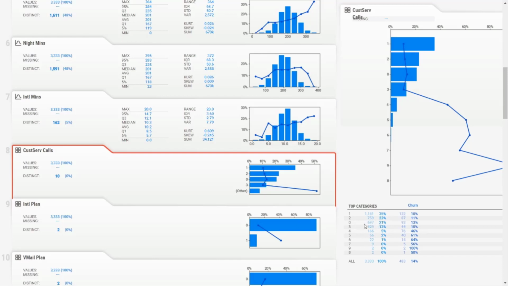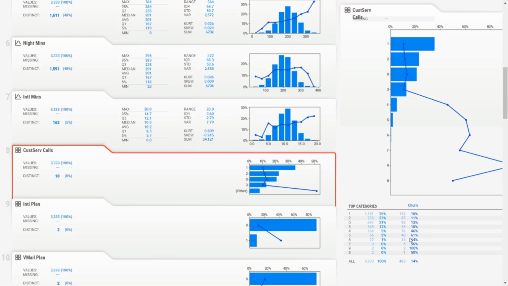And also one more feature, with respect to churn, you have the top category as one, where you have about 1781 customers, which contributes to 35% of your overall customers who sent one message, and among which you can see 122 customers churned out, which is contributing 10%. And then there are the customers who sent about two messages within a month. Let's assume that this is 1 month of data. You can see 87 customers churned out, which is contributing 11%.